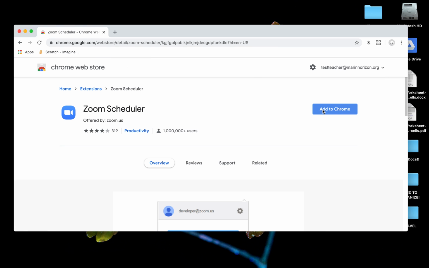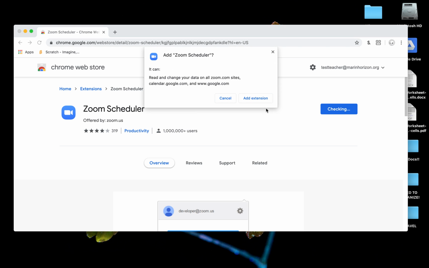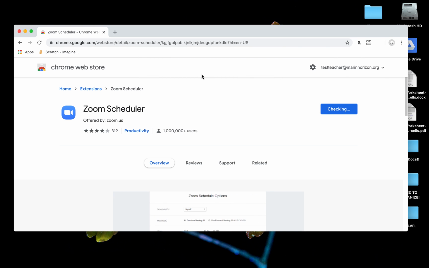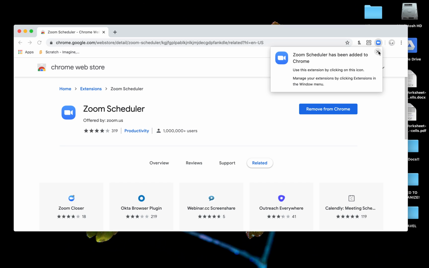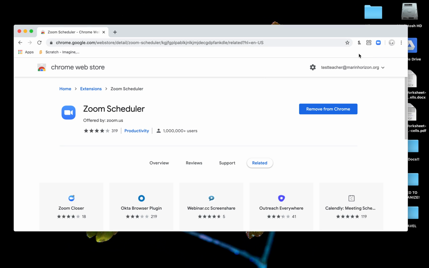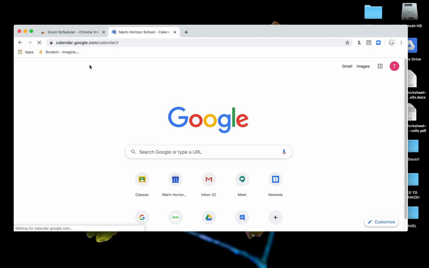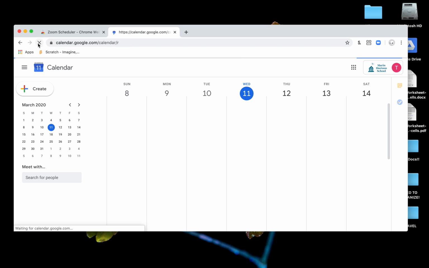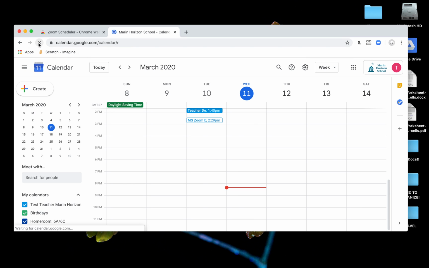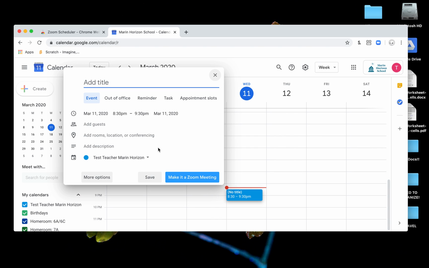To install it, I would click Add to Chrome, add the extension. There might be a pop-up that asks you for permission, but in any case, it installs this little blue icon here, and this lets you adjust some settings. And you may not have seen it before, but once you do install it, you want to refresh your page, and then when you click the Create button, you may notice that there's now a Make It a Zoom Meeting option. So let's say I wanted to schedule a class with Zoom,